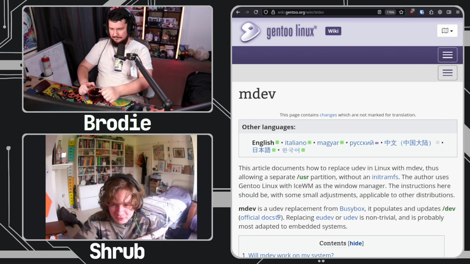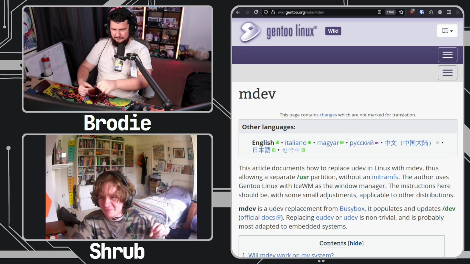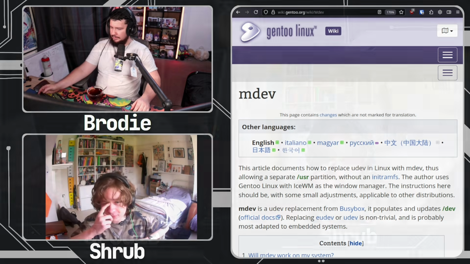So I use mdev from BusyBox on my systems. I was unable to compile wlroots. Now there is a solution to this. It's called libudev-zero on GitHub. It's like a fake udev. It tricks the computer into thinking you have udev. It's a udev shim. I tried to use that, and I also couldn't get it to work. I probably could if I tried really hard, but now I have my own compositor.